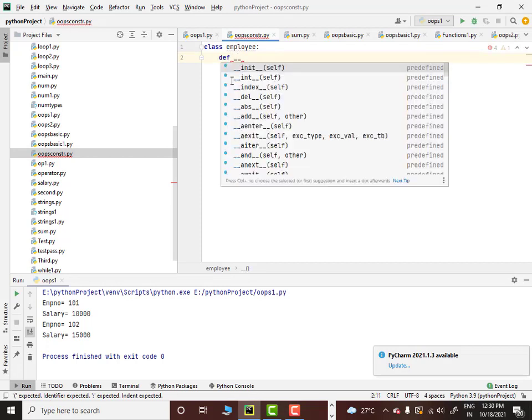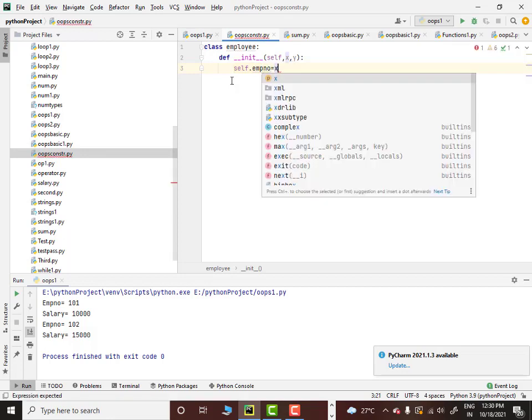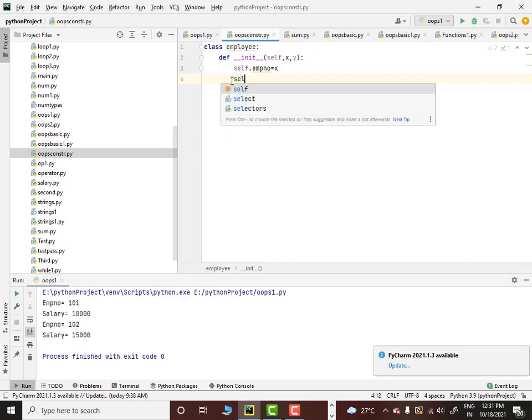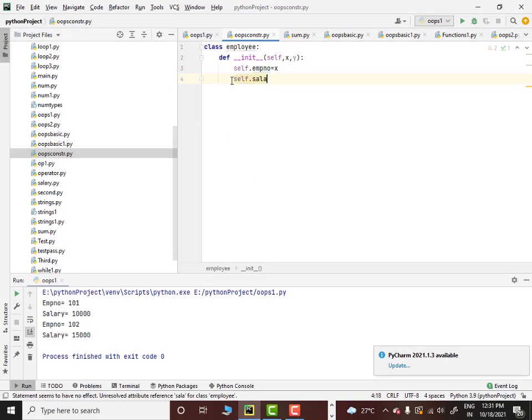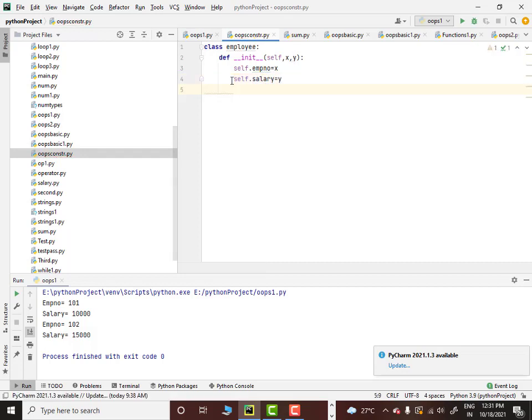So you can see already that constructor function is coming there. So I'll create init, then I'll say x comma y. Okay. Now I'll say self dot emp number equals x and self dot salary equals y. So my constructor function is complete.